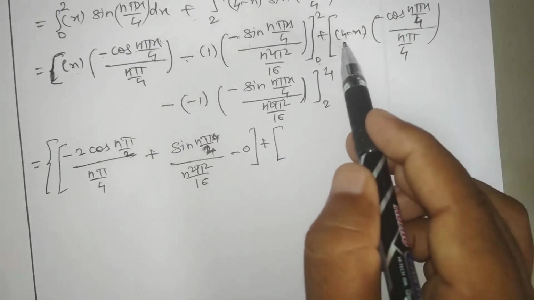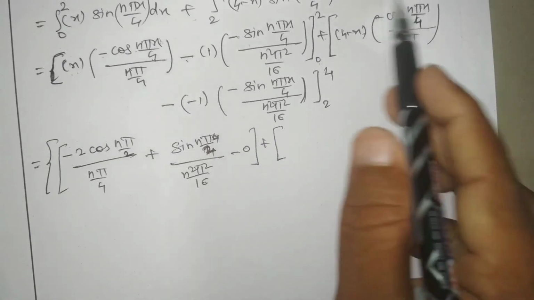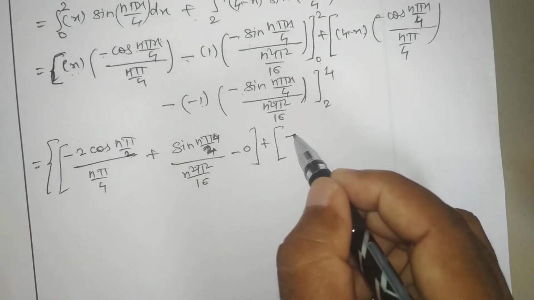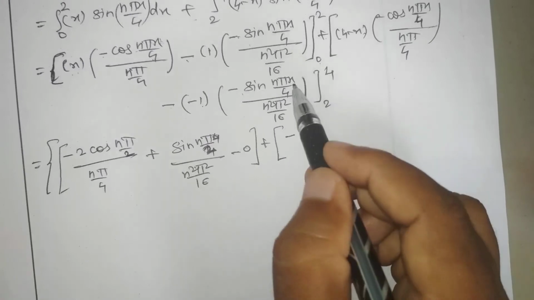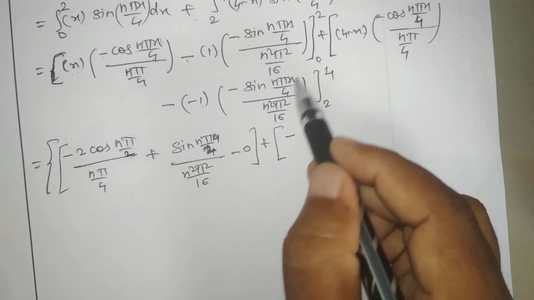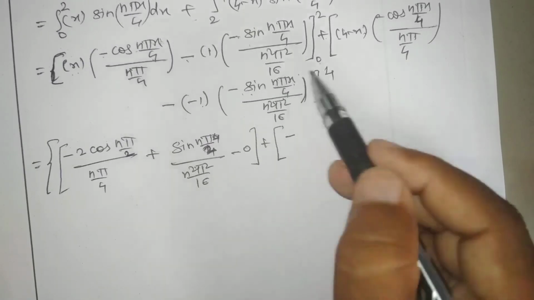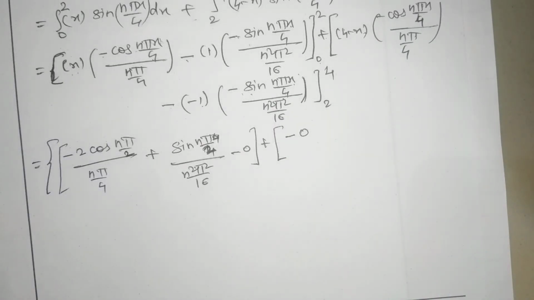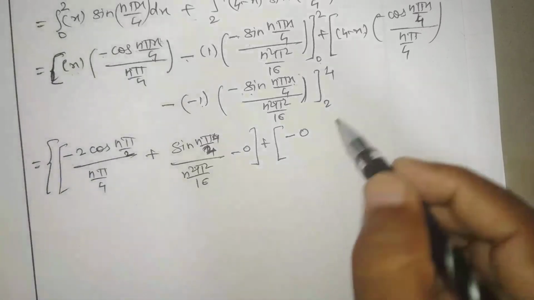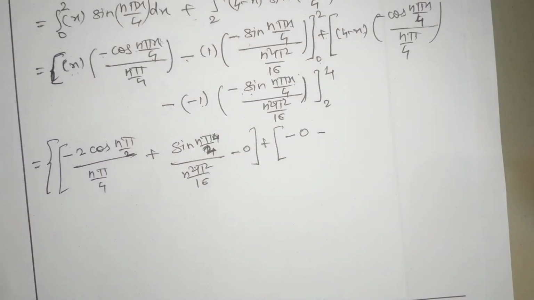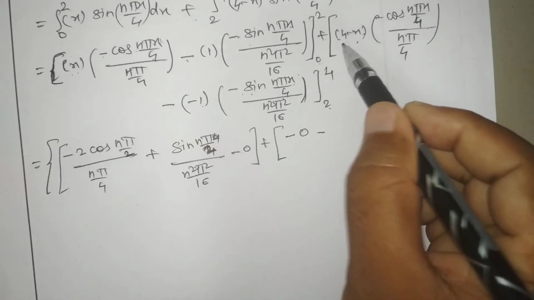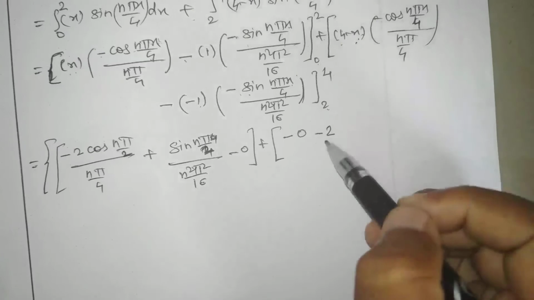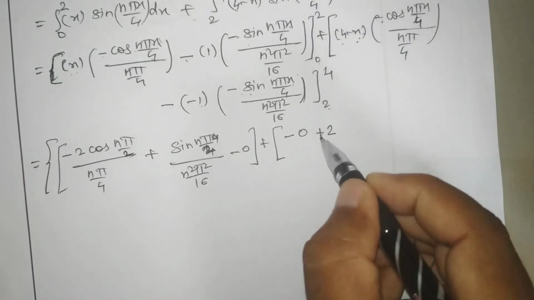So first the upper limit, when you put 4 here, 4 minus 4 becomes 0. So this total term becomes 0. Then this minus minus minus, so there is a minus sign. But when you put x is 4, the 4 gets cancelled, you will get sin n pi, and the value of sin n pi is also 0. So the total upper limit is 0. For the lower limit, giving a minus sign. When you put 2 here, 4 minus 2 becomes 2. Also there is a minus sign, lower limit minus, and this minus becomes plus.